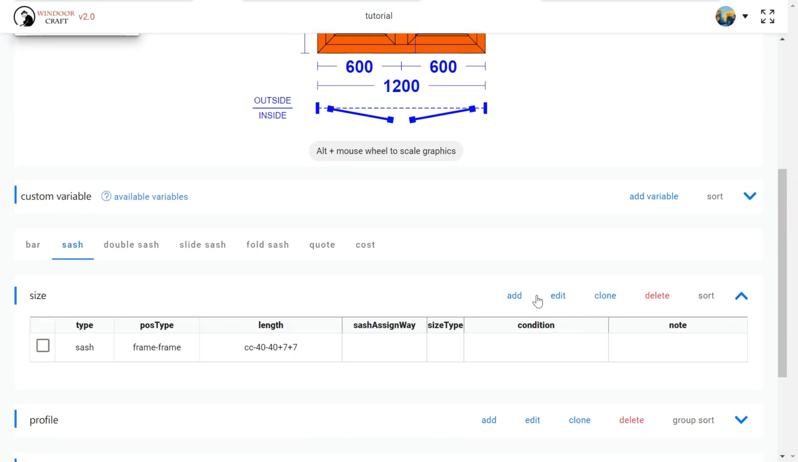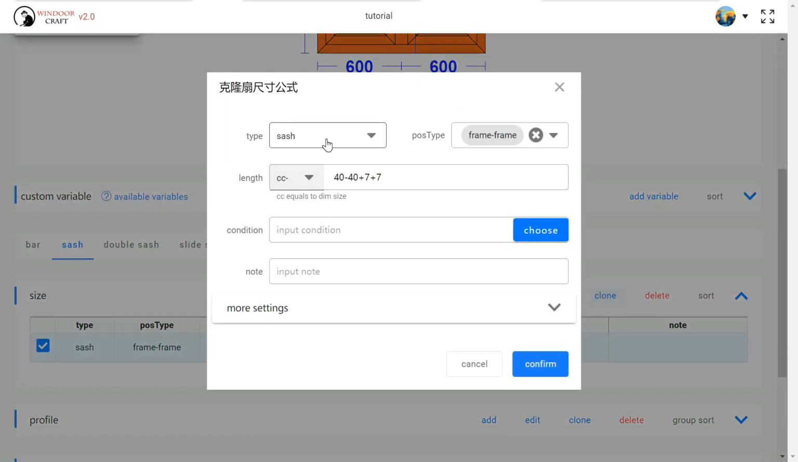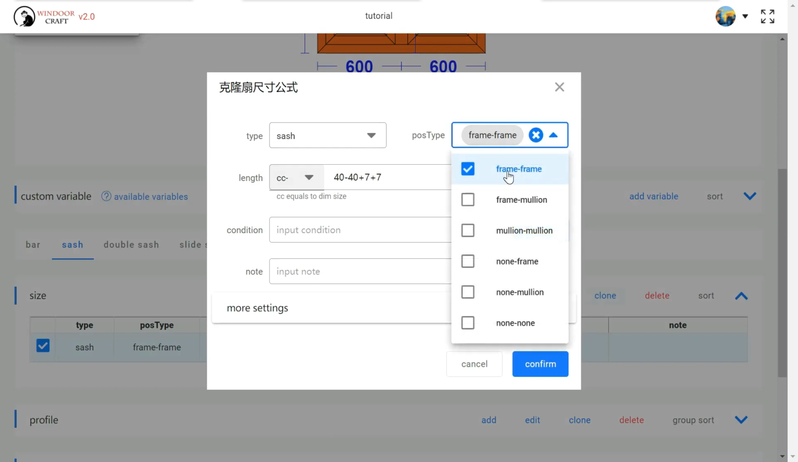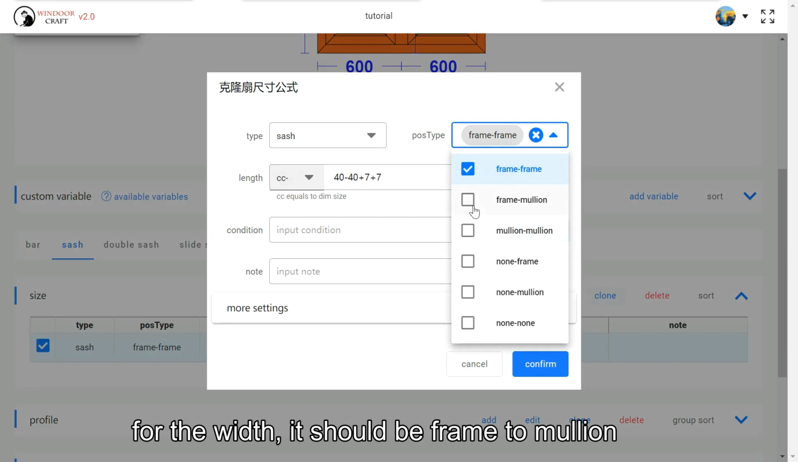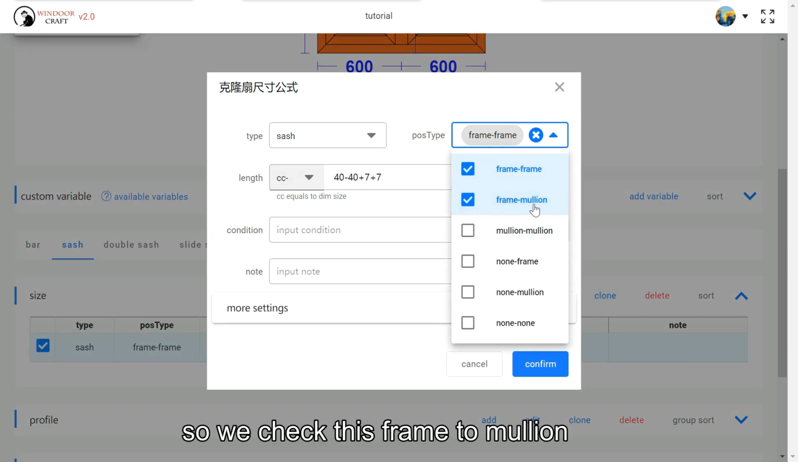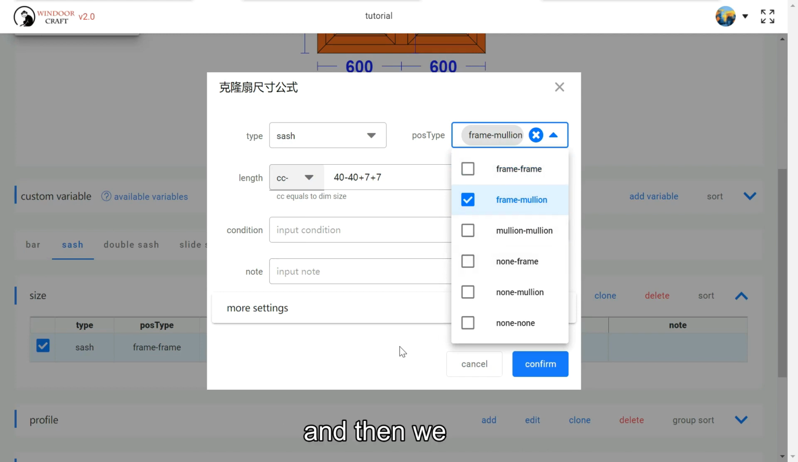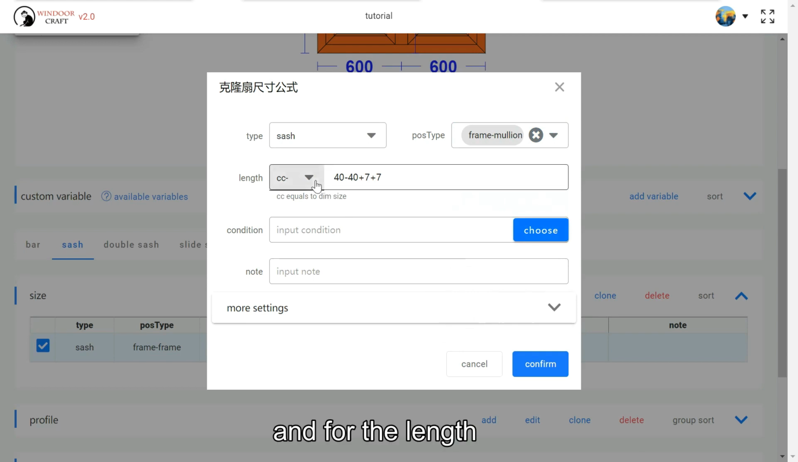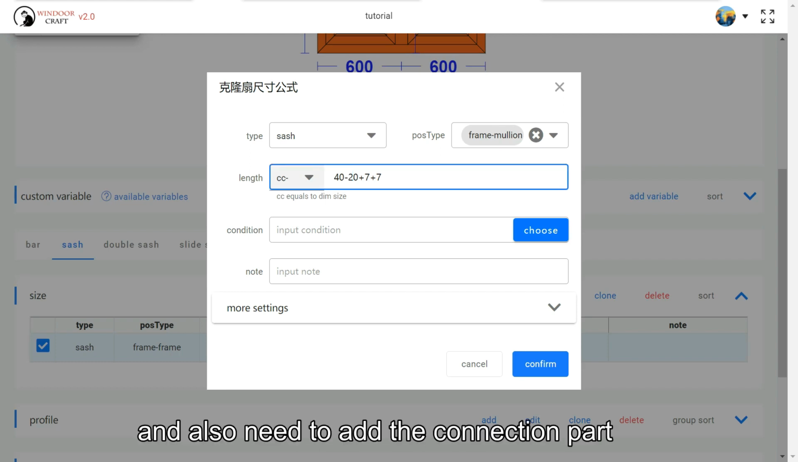We will see here, and we add another one. We click it and clone, and the position for the width, it should be frame to molding, so we check this frame to molding and remove this one. And for the length, it should minus 1 outer frame small piece width, minus half the molding small pieces, it should be 20, and also need to add the connection part